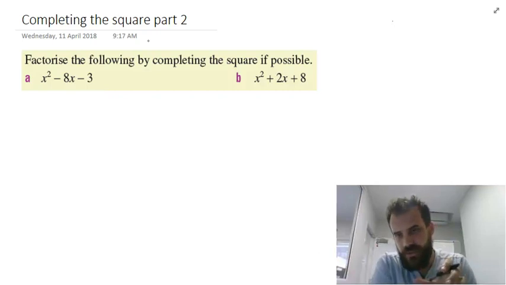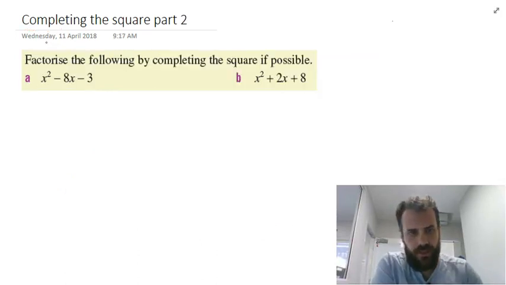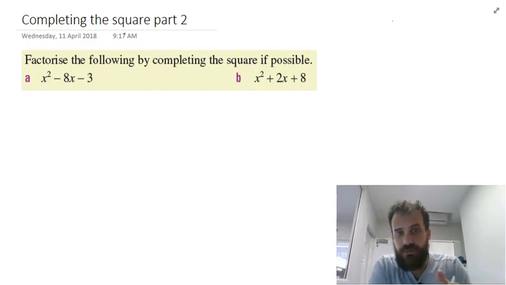Alright, so we're completing the square again. This is part 2. If you haven't already checked out part 1, make sure you do. Now, this time we're not just completing the square, but we're factorising by completing the square. So we're taking this expression, x squared minus 8x minus 3, and we're going to factorise it by completing the